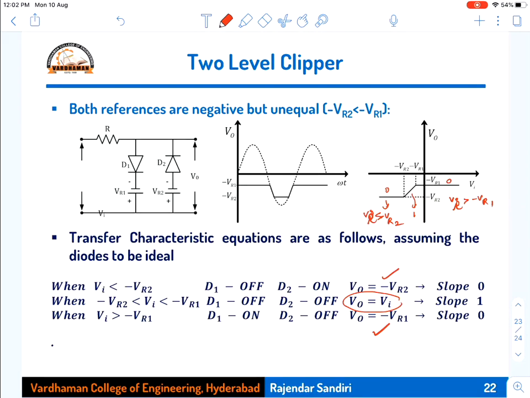Both you have to analyze, and you have to identify the circuit diagram with name. For the given circuit diagram, you have to plot input output waveforms, then the transfer characteristic graph, transfer characteristic equations, and all those things. Any one of them are given. 5 things I told, right? Name, circuit diagram, input output waveforms, transfer characteristic equations, and transfer characteristic plot. So any one of these 5 are given, the other 4 you have to arrive at. Okay, so that is the conclusion. So with this we'll stop here.